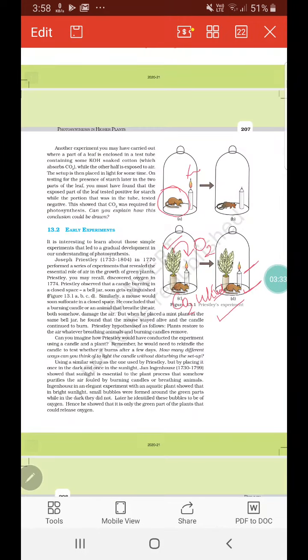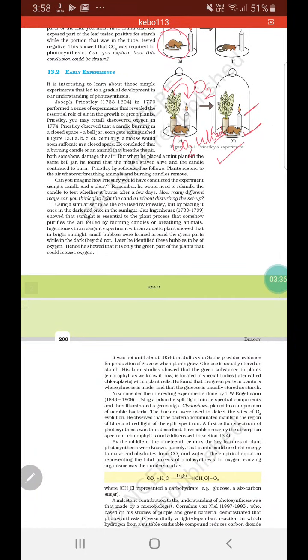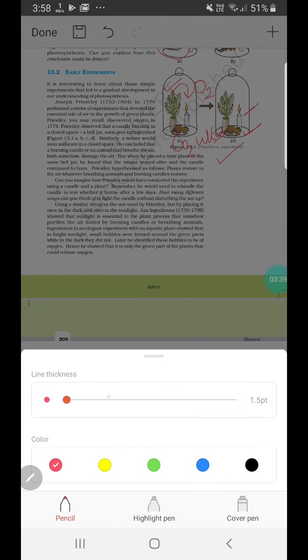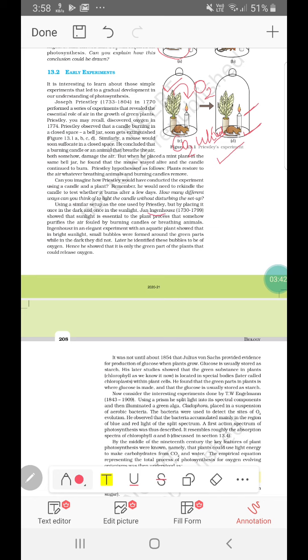Alright, next coming to another experiment, which was done by Ingenhousz. He showed the presence of oxygen. In the earlier experiment it was mainly the usage of carbon dioxide which was shown; the release of oxygen was confirmed by Ingenhousz. He used an aquatic plant and showed that in the presence of light, small bubbles were formed, and in dark they didn't form. So he showed that only the green parts of the plant release oxygen, because only there the bubbles were released. So chlorophyll is also essential for photosynthesis.